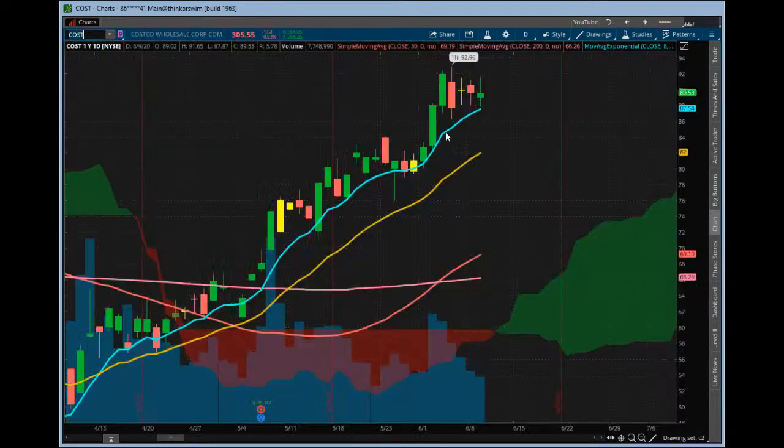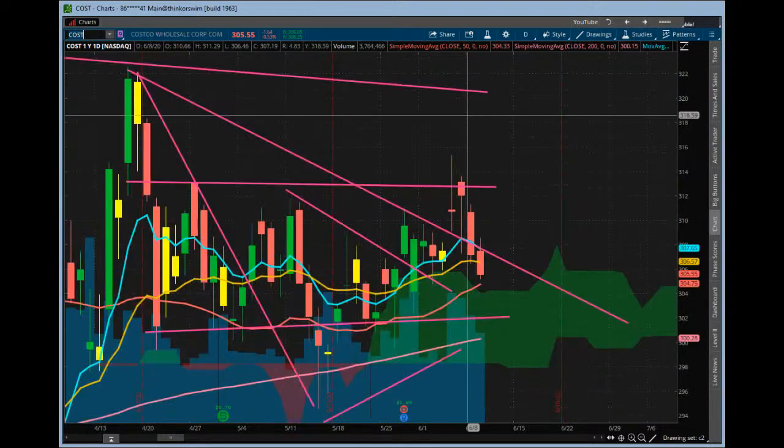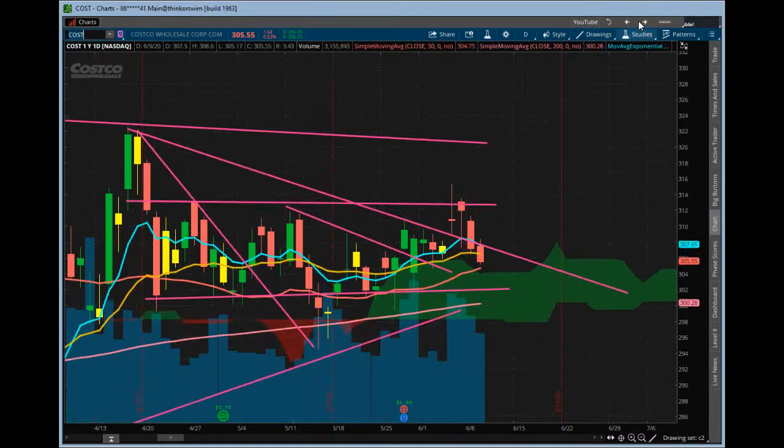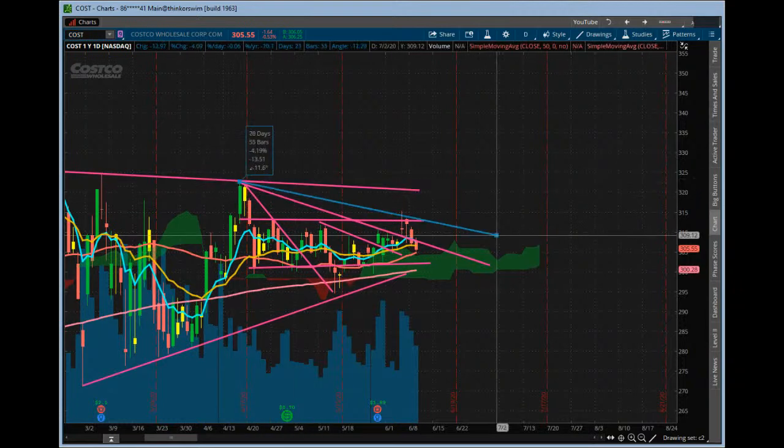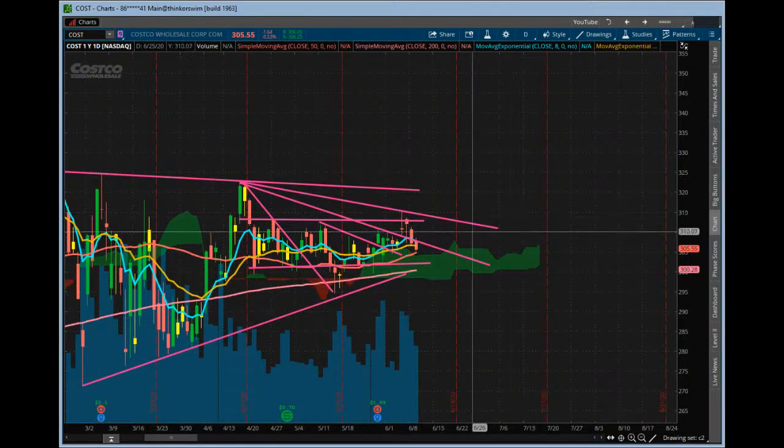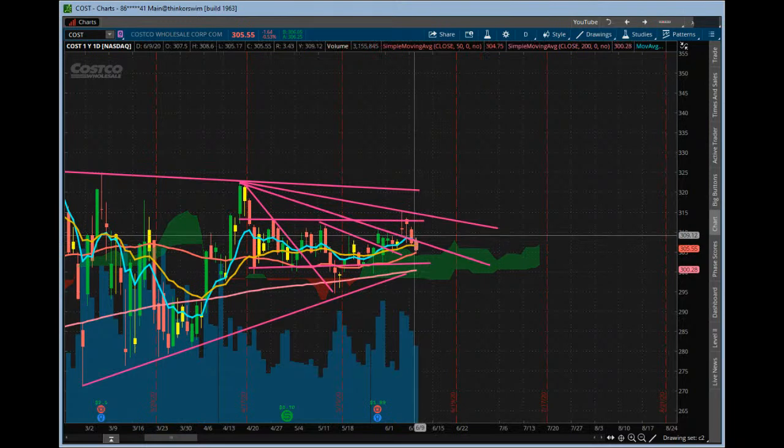Yep, so cost hanging in here as well. Actually, hold on one second. There. So cost a little bit of a pullback here today, which is crazy because with Costco, I'm forever bullish on this thing, but it's just kind of hanging in there. So maybe just a larger triangle type pattern. So blah on Costco. Anyway, good stuff, guys.